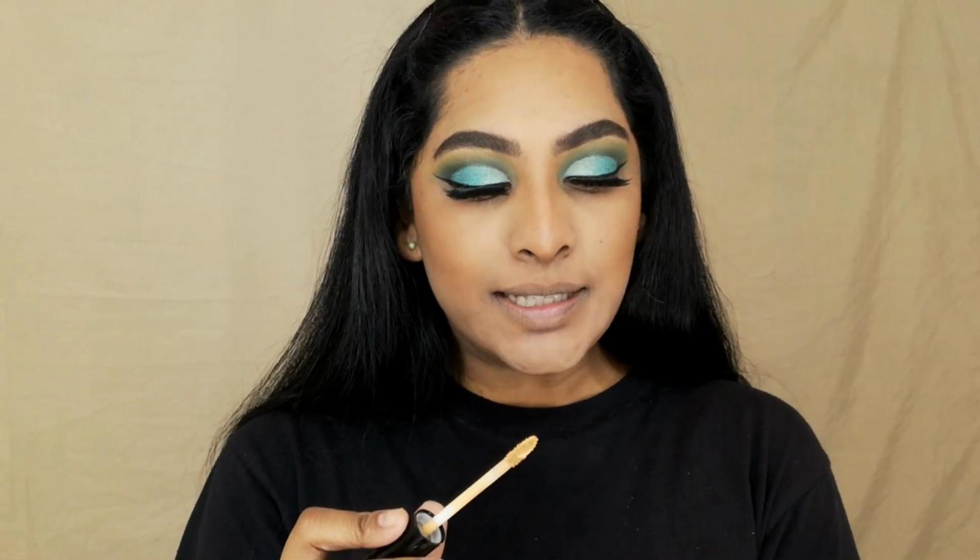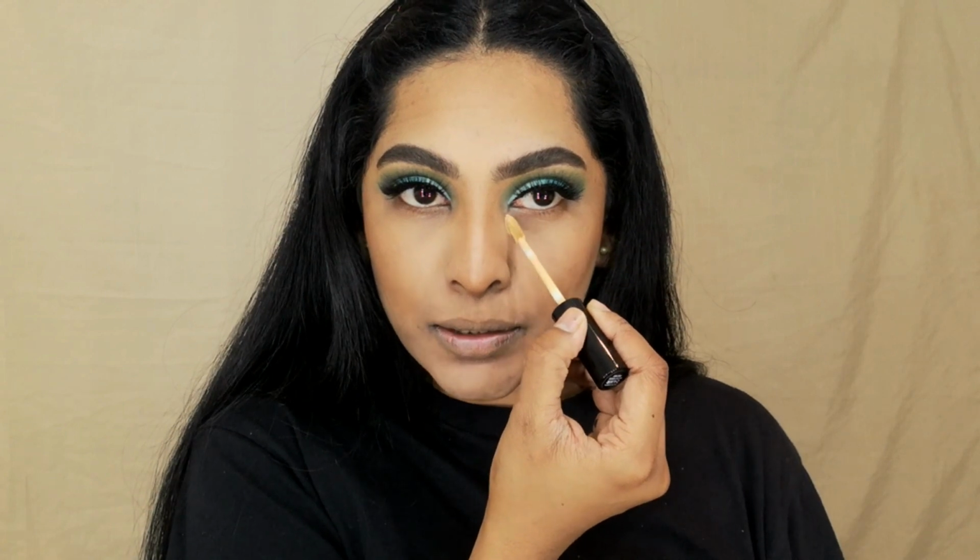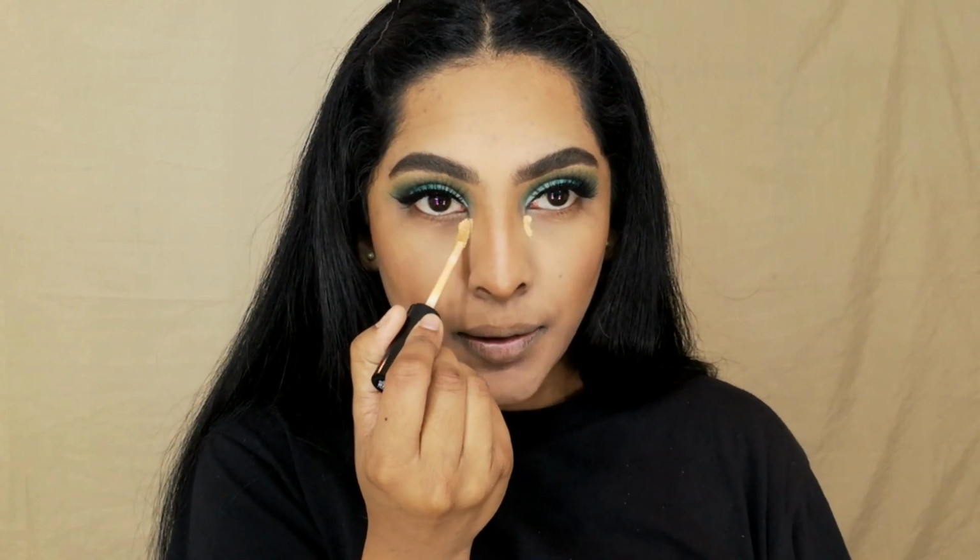I think going in with a beautiful bronzy bronzer will look beautiful. So ever since I learned the TikTok concealer hack, I honestly cannot get over how different my face looked. So I'm going to be trying it again, and I think this is going to be a staple from now onwards. I don't know, I just like it a lot. So I'm using the Can't Stop Won't Stop concealer in the shade Neutral Buff, and I'm just going to go ahead and apply a dot on the inner corner